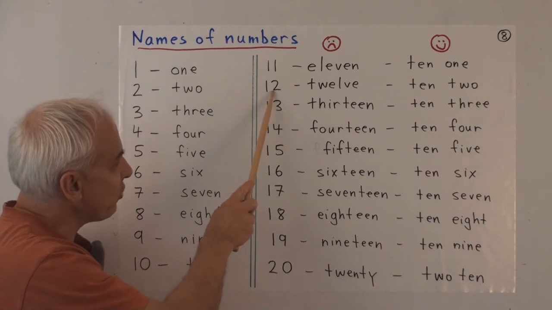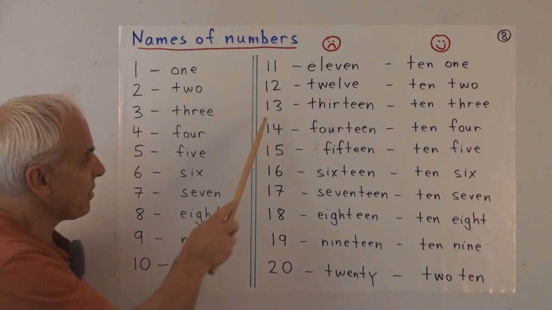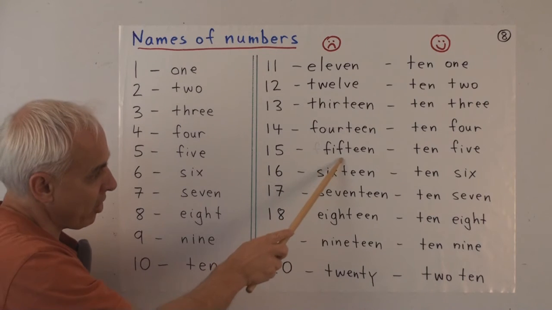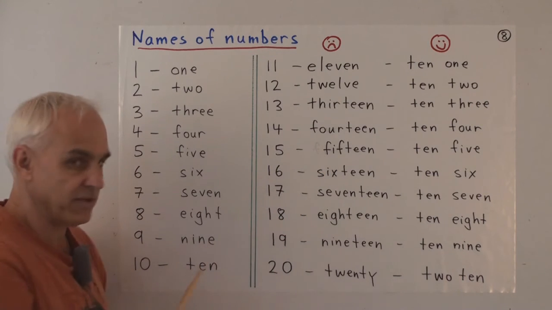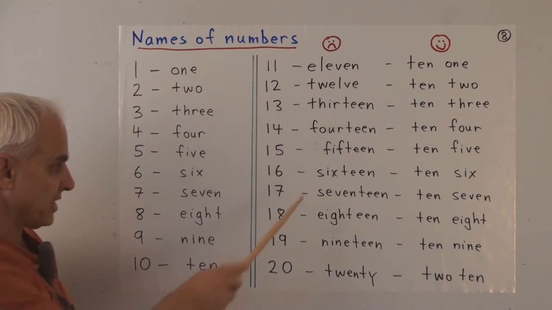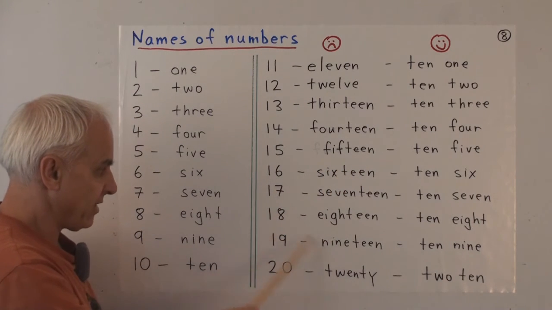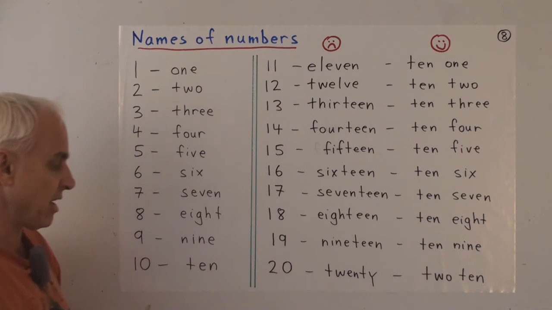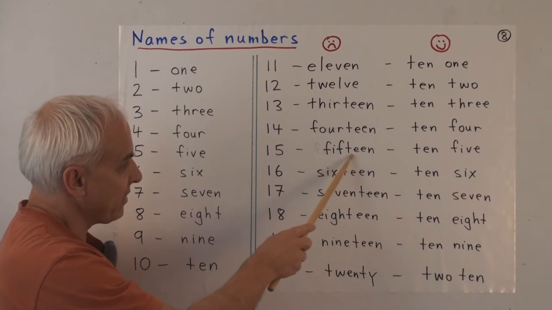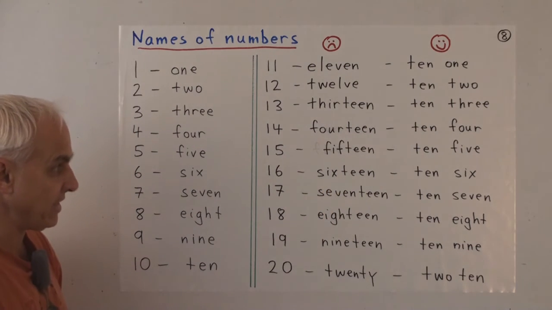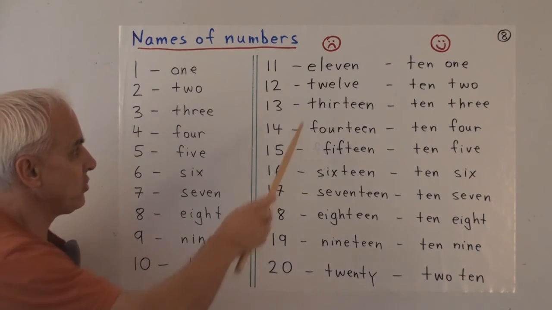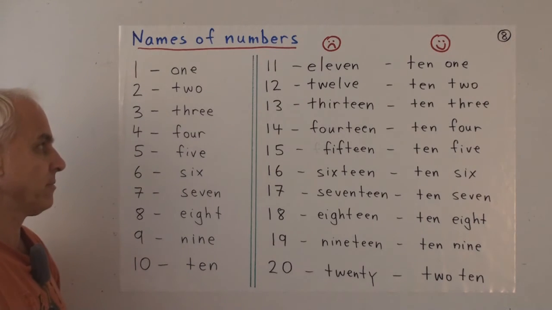Okay, we can recognize the 12 sounds like a 2, the 13 sounds like a 3, there's a 4 in 14, there's almost a 5 in there, but it's spelled differently, although sometimes it's still spelled F-I-V-E-T-E-E-N. There's a 6 obviously there, a 7 there, we see an 8 there, a 9 there, a 20, that seems to come out of the blue. As for the 10s, well, the 10 is sort of represented by this elongated 10, which is now a teen for some strange reason, and that only starts with 13, and 12 and 11 are somewhat odd.